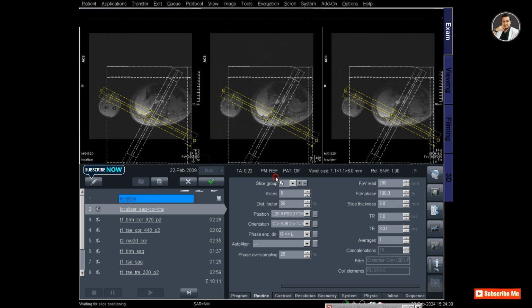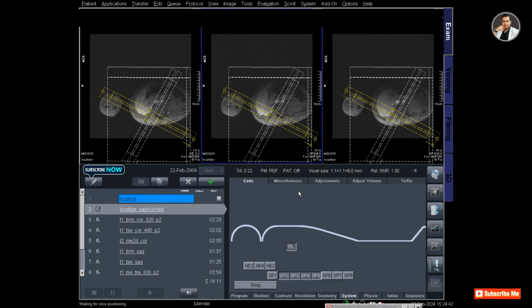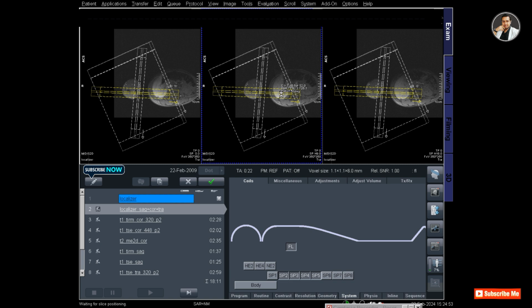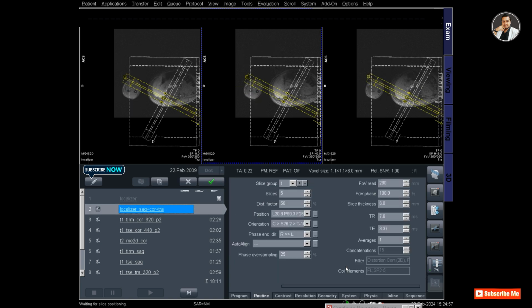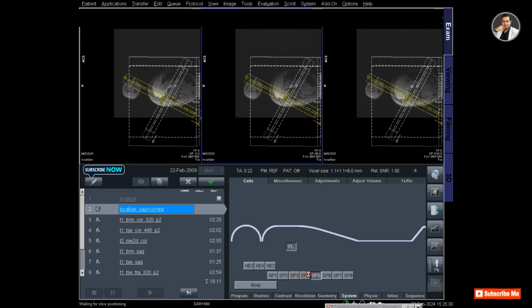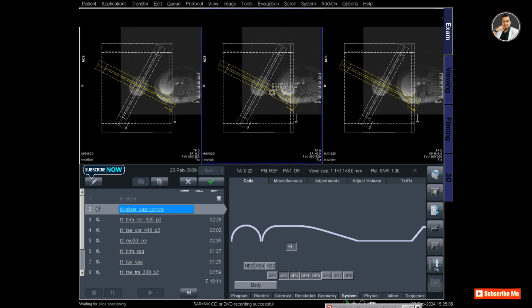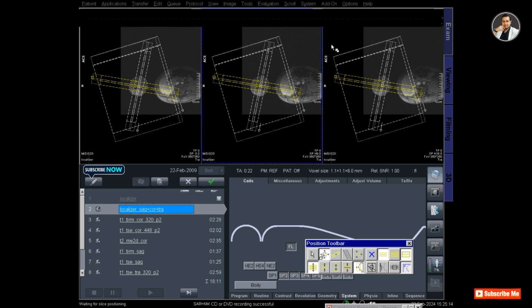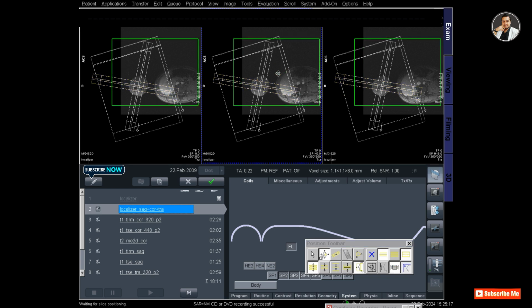You can see that the forearm is visible with the abdomen of the patient. So I am planning for the second localizer, that is sagittal, coronal and axial, and drag the slices. I am checking out the spine coils because I don't need the signal from the spine coils. I only need signal from the large flexible coil. So drag the slices over the forearm and also adjust the shim,